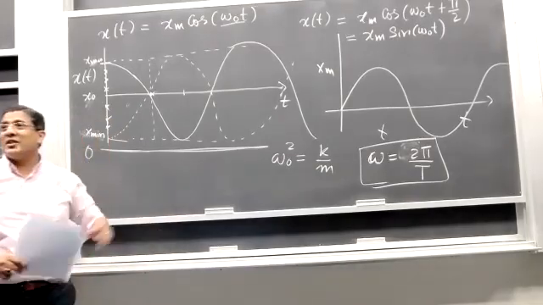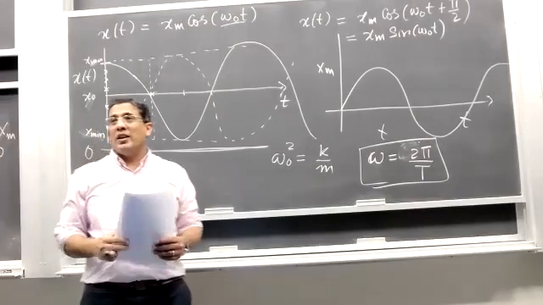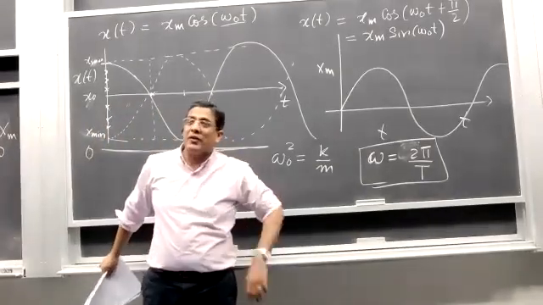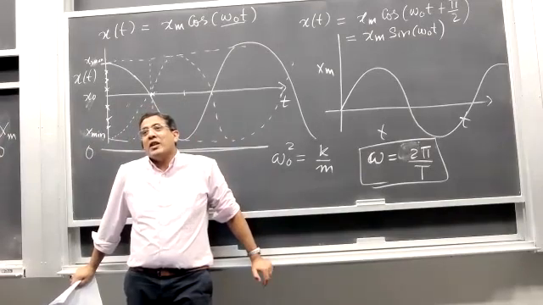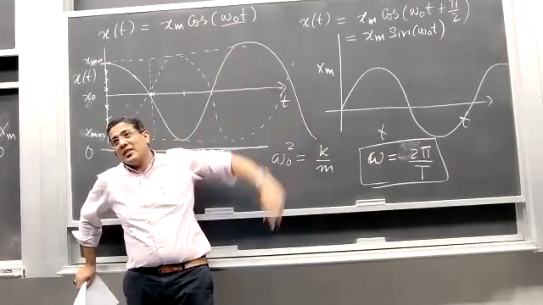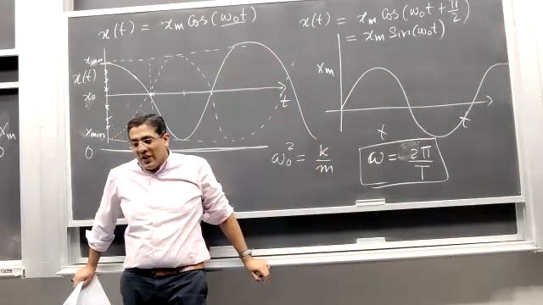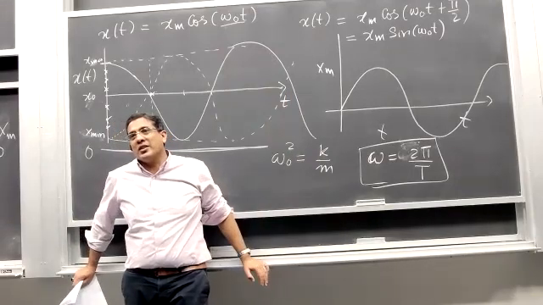And by the way, this is the situation if you go back to the original equation when we wrote ma is equal to F, and in place of F we put minus kx, we assumed that there is no friction involved. These equations and these graphs and this x of t are only valid when you have no friction involved. This is a frictionless harmonic oscillator.